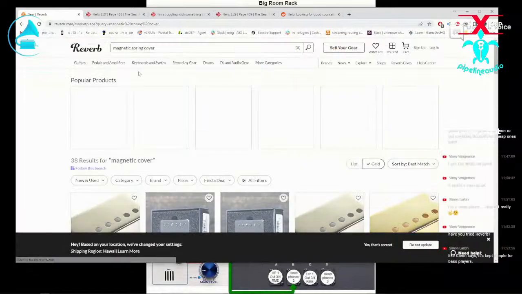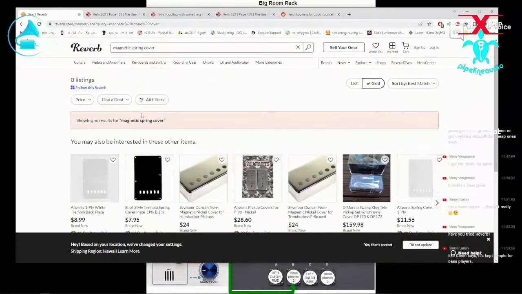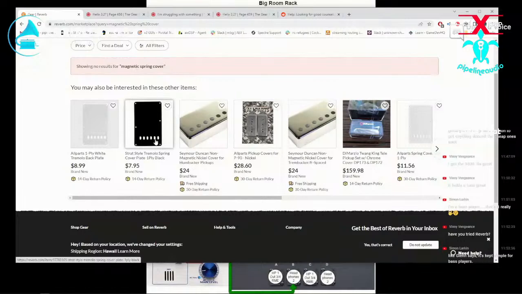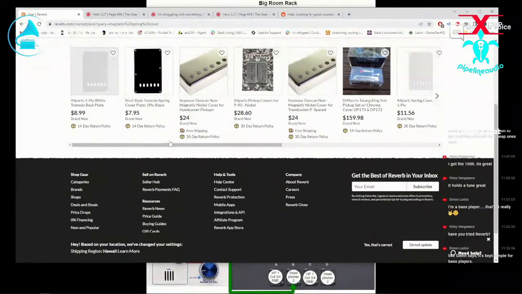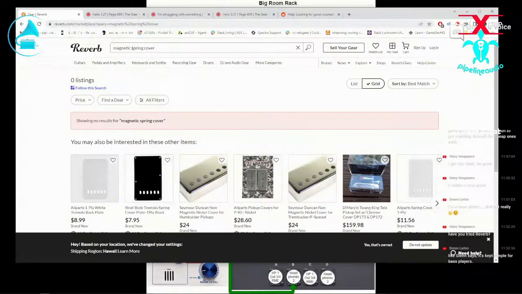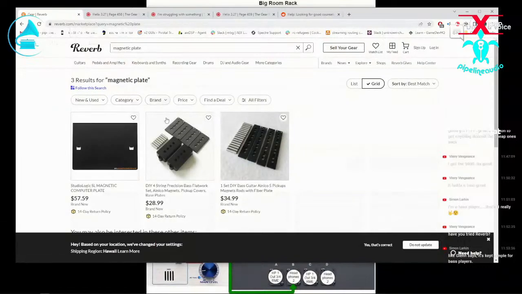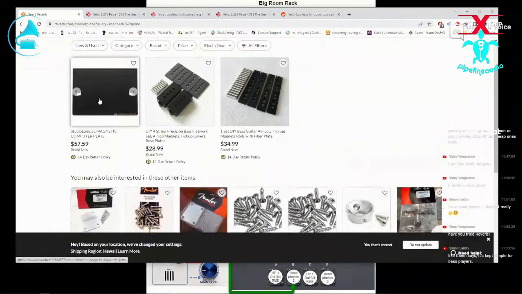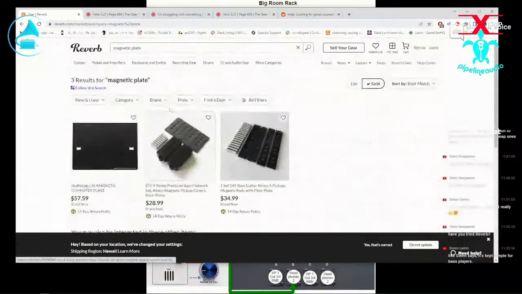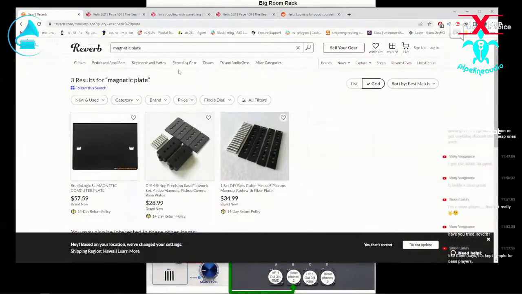Spring, maybe. Plate. Computer plate. What is this doing in the... Yeah, I don't know. I don't see anything at Reverb. I'm maybe searching badly. I don't know. All right, let me get on to